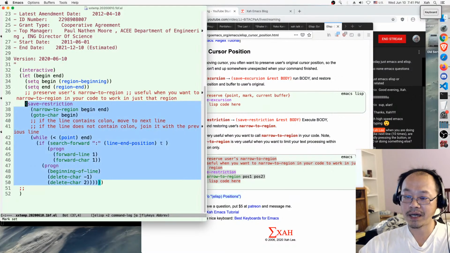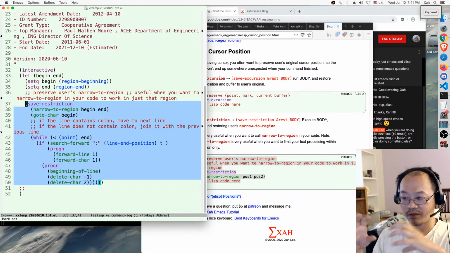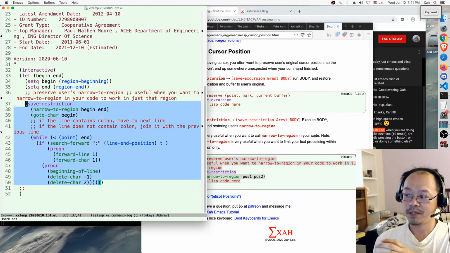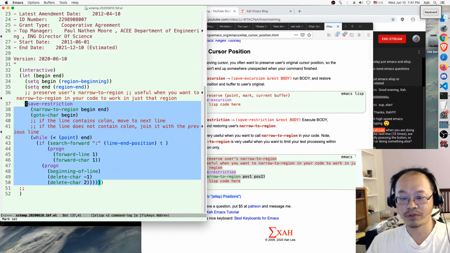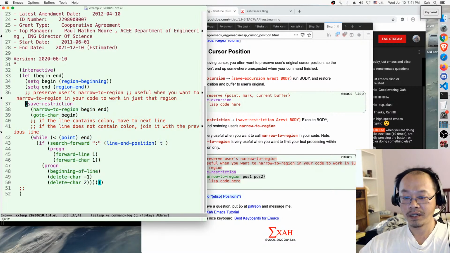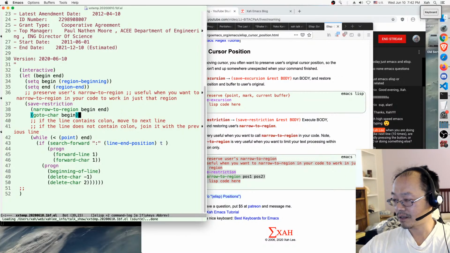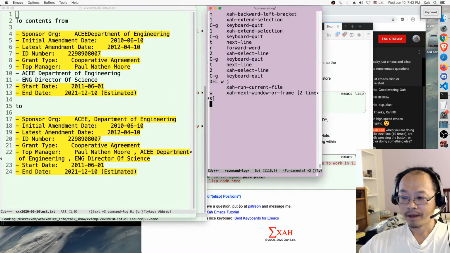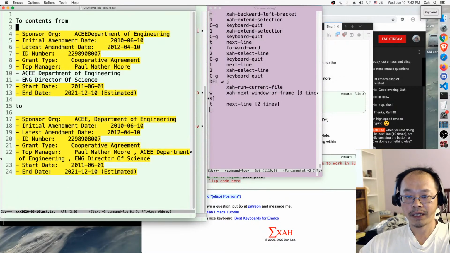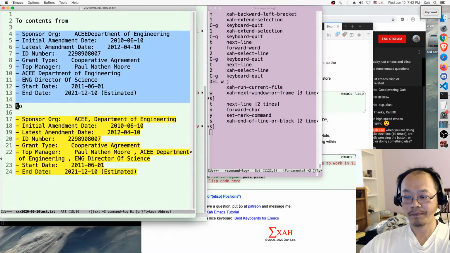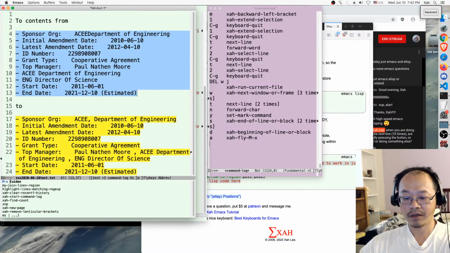What that means is that inside this code you can narrow to region however you want, but when the command finishes, it will return to whatever the user's narrow to region was. So here, save restriction, then we call narrow to region, then we go to the beginning of buffer. Okay, that's what we want. So eval buffer, and now let's try this command here again one more time. Select it, call it